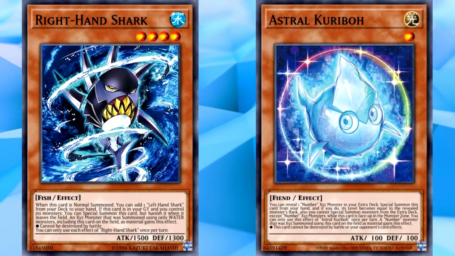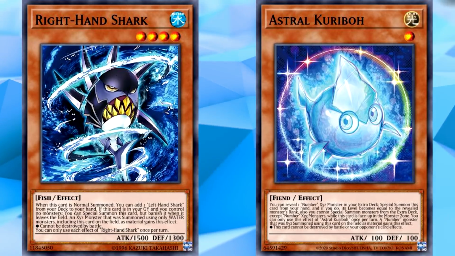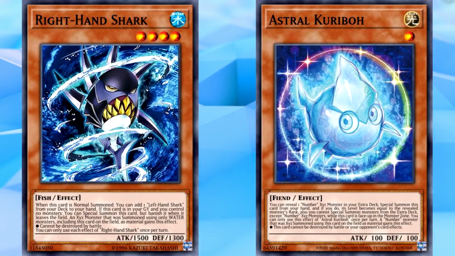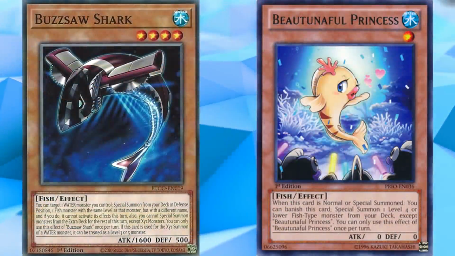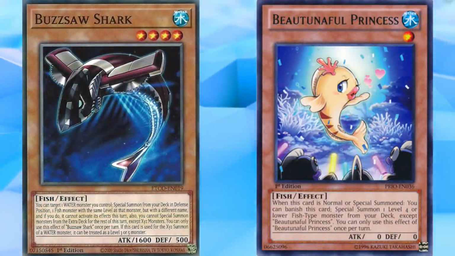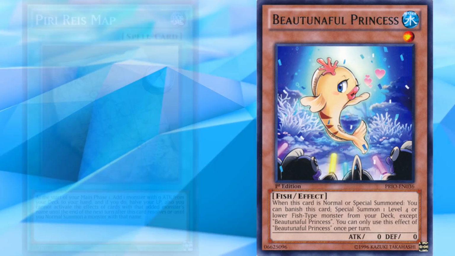Now the Right Hand Shark is a little bit more restrictive. You do have to only use water Xyz materials for the Crooked Cook summon, but that doesn't really matter. There's actually some really good fish support out there right now that helps out this combo. You have cards like Buzzsaw Shark that can special summon the Right Hand Shark right from the deck. You have Beautiful Princess, which can special summon the Buzzsaw Shark, and you have a new map card that can